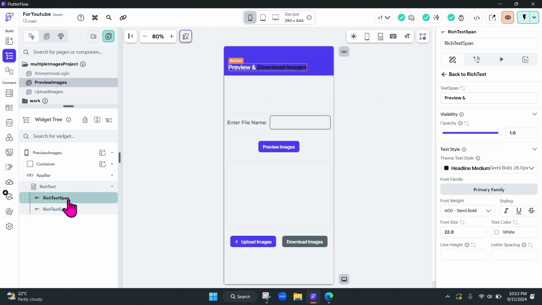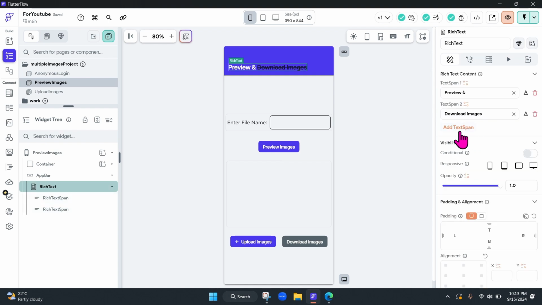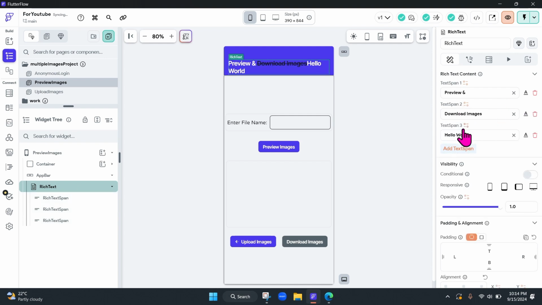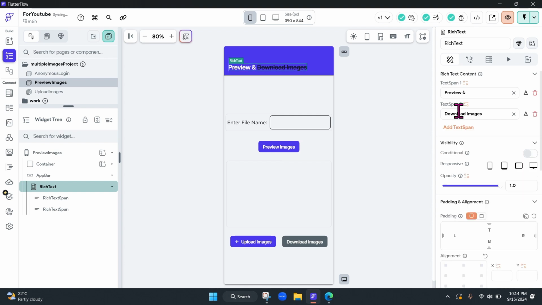and clicked on, let me show you here, click on rich text widget. You will see add text span. So click on it. I have added download images, the other text part, like this. Let me remove this. So this is how this next part was added, and rest is,